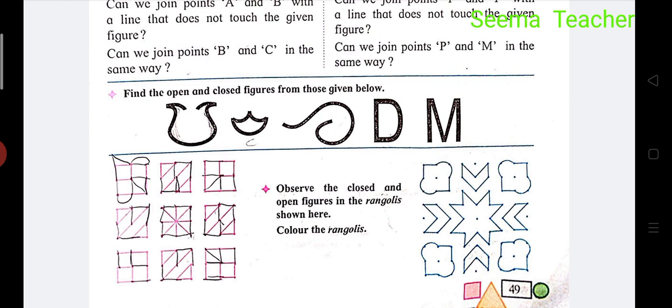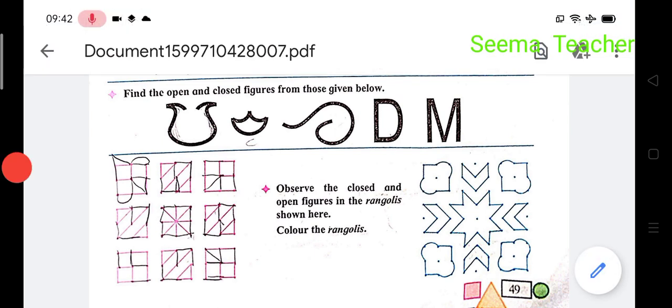And students, learn the tables every day. You have to learn the tables, then only you will come to know. And do the revision of all the chapters of maths and EVS, because your exam is coming near now. I hope you answered the paper yesterday. So best of luck for your exam, study very nicely and get good marks, students. So do the revision of all your subjects. Thank you.